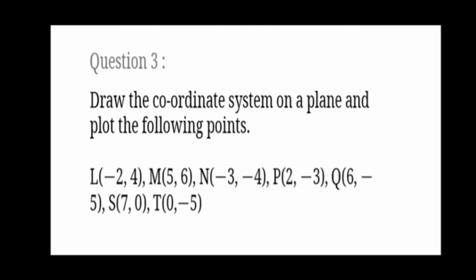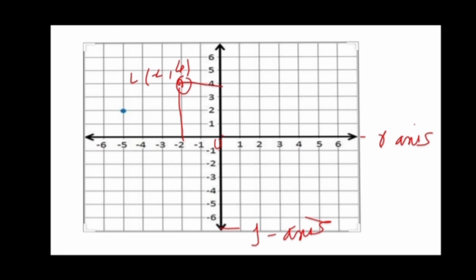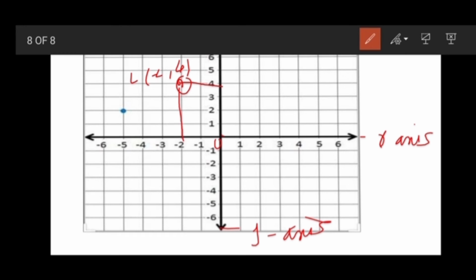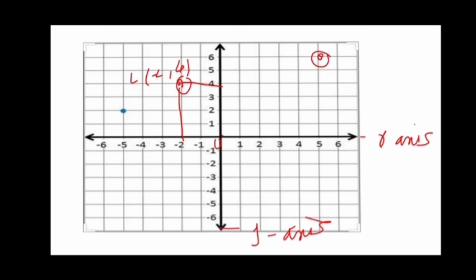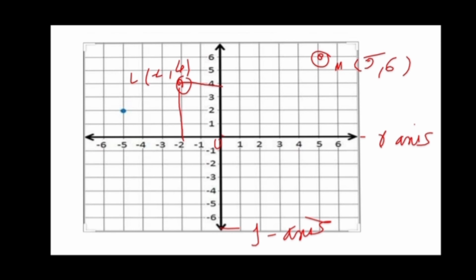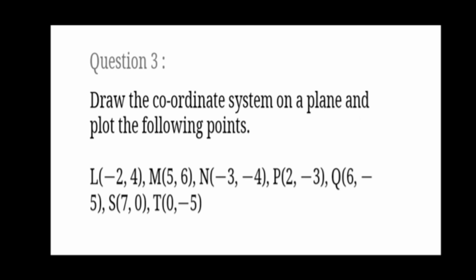It is lying here. Next one, see, plus 5, plus 6. On the x axis plus 5 and on the y axis plus 6. Means where they meet, see, plus 5 and plus 6 meet here at this position. So that point will lie exactly here, see. Okay, so you can write here, what is the name of this point? M it is given, so you can write here M, in brackets write the coordinates 5 and 6. This also you know, that x coordinate we must always write first, and then second the y coordinate.